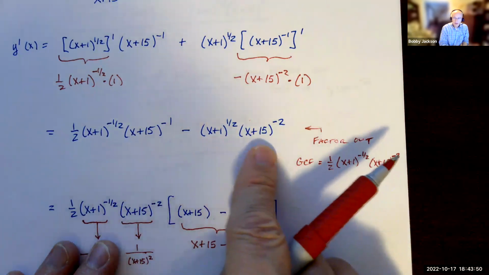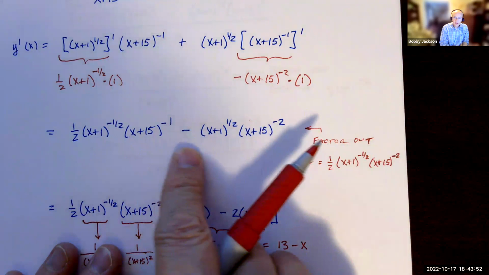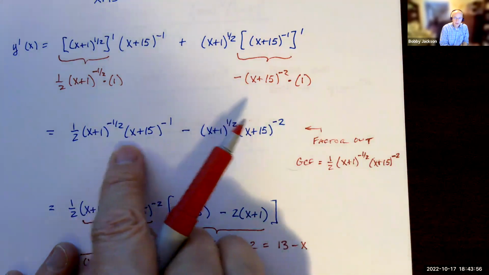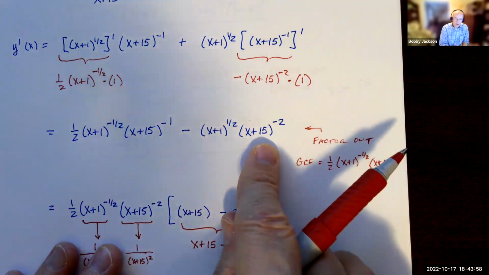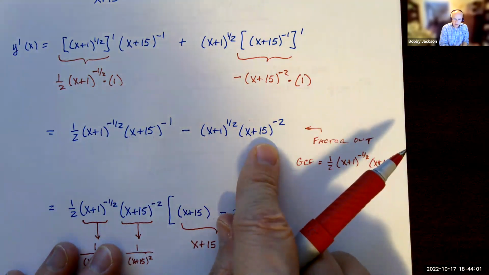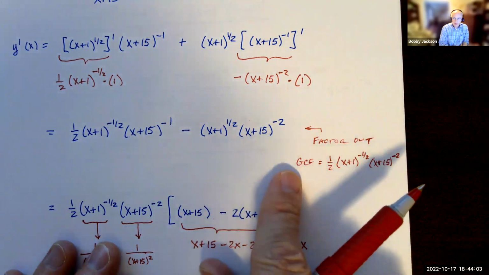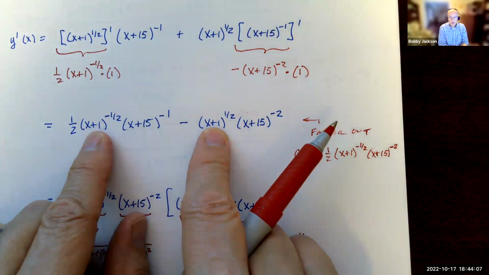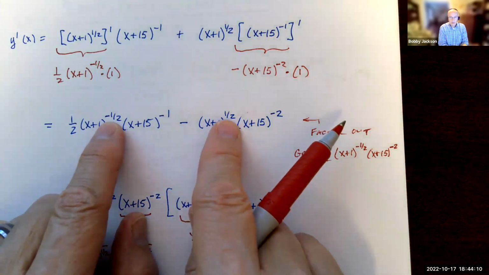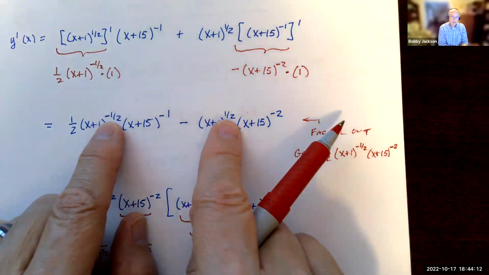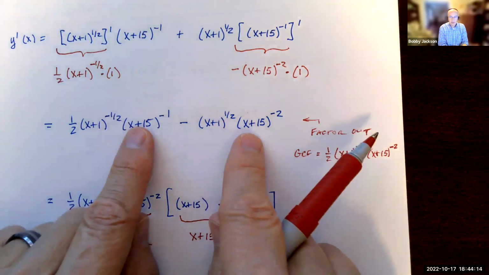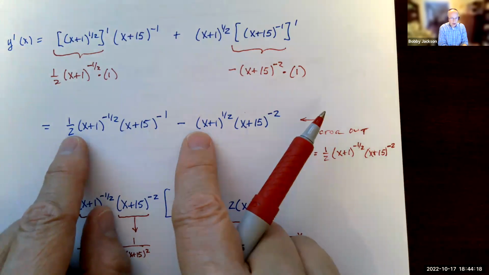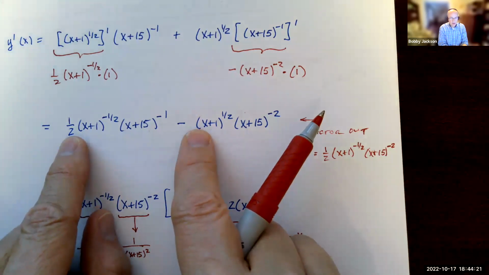Think back to when I asked you to do the factoring that arises in calculus. We did several of these at the beginning of the semester, and the reason was because we encounter it, and the year we're encountering it, it's going to show up. I'm going to factor out the GCF. Now the GCF for the x plus 1s, we pull out the smaller exponent. What's smaller, -1/2 or 1/2? Answer, -1/2. For x plus 15, I'm going to pull out the -2. Okay. The coefficient, I have a 1/2 fraction and a 1 here. You might say, well, there's no common